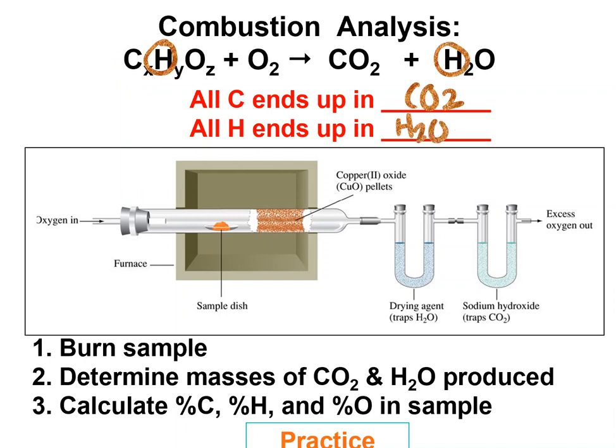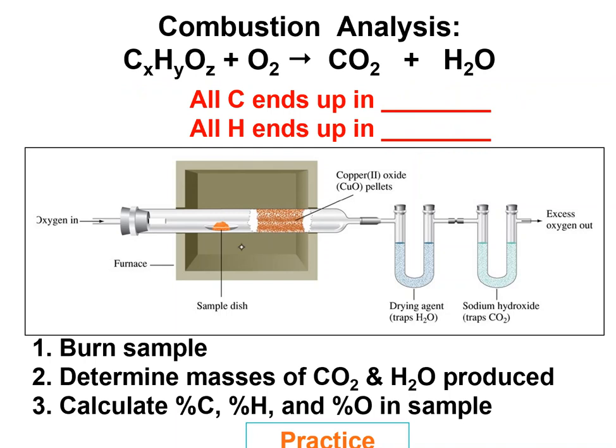Oxygen is a little trickier because oxygen is the other reactant as well. But what we can do for oxygen is we know the total mass of this that is burned, and so we can figure out from the percents of these how much oxygen must have been in there. So anyway, it'll be a calculation. Let's look at how the